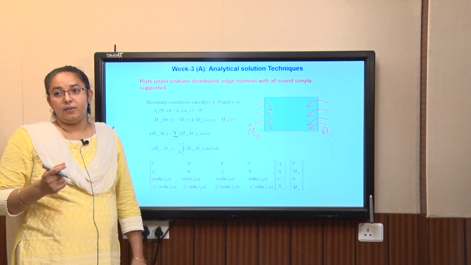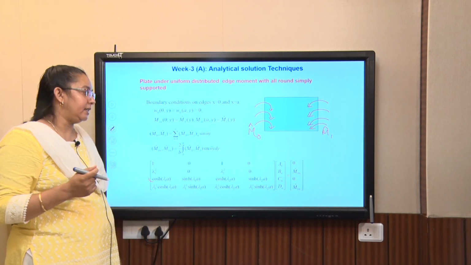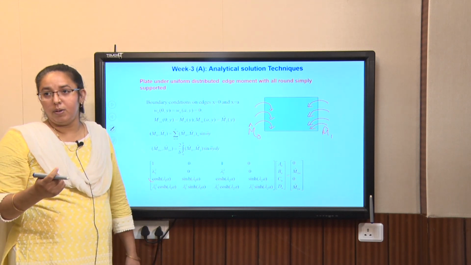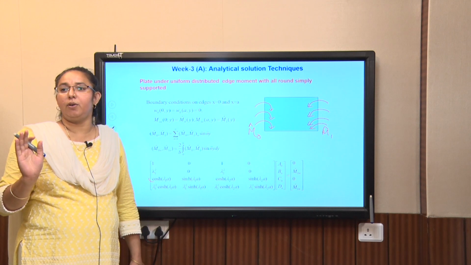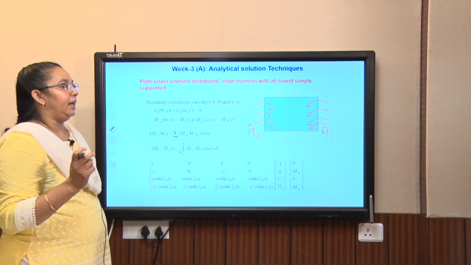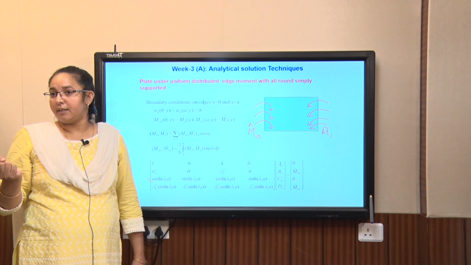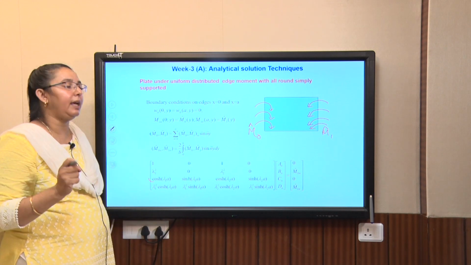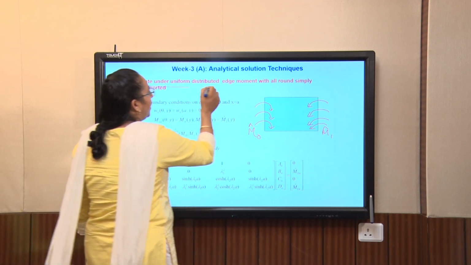And the next, which I would like to say is a very important and specific problem, is covered in every book of theory of plates, whether it is a book of Professor Bhaskara, Professor Chandrasekhara or Professor J. N. Reddy. You take any book, you will find that this standard problem is solved.